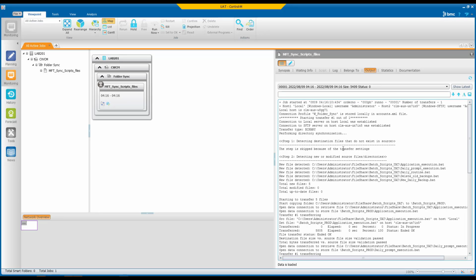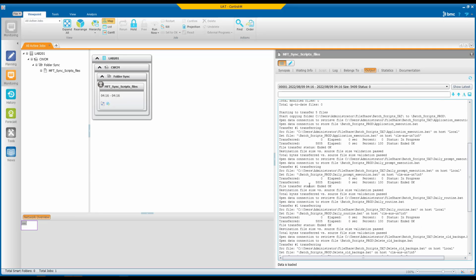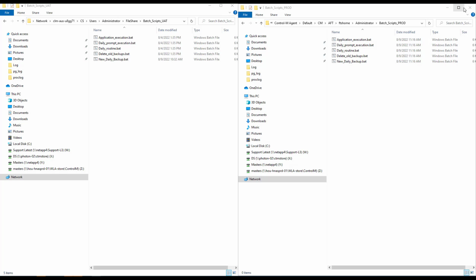In the output, we can see that the 5 files were detected and transferred to the target location, and at the end, we can see the message that the transfer was successful. If we go to the target directory, we can see that the directory was synchronized. Now, if we delete a file from the source directory,